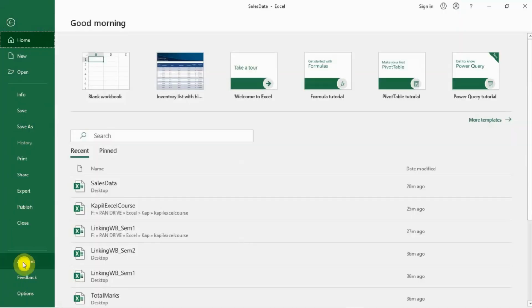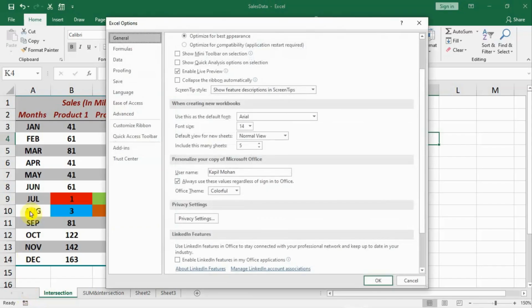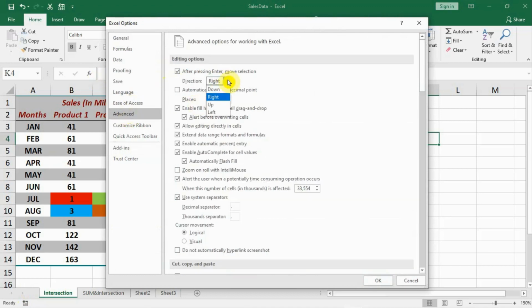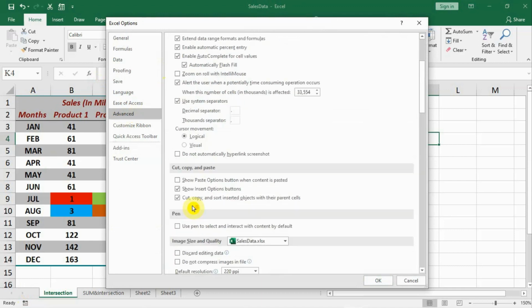I'll click on File and Options, go to Advanced, and again make it Down. So it is your work that will define whether you go left, right, down or up. That is your requirement. Similarly, you can work out all those options, and you can read about them whenever you have a difficulty. Another option is Show Paste Options button when content is pasted.